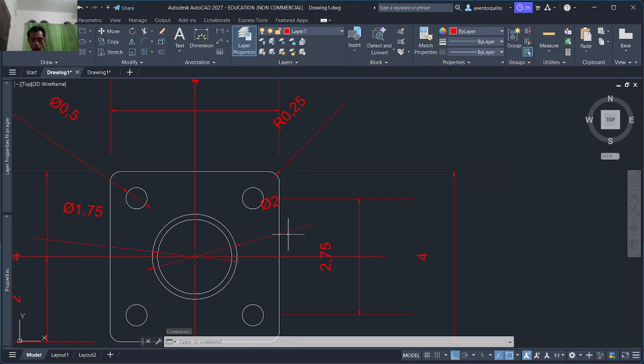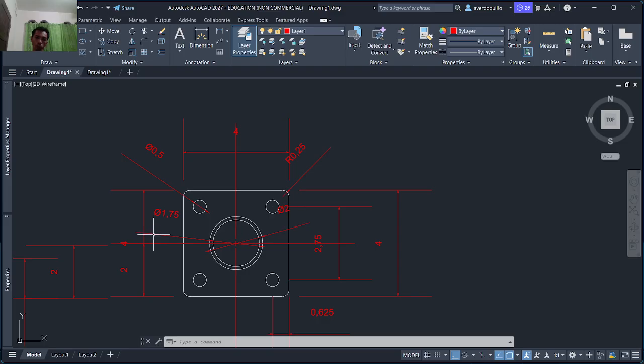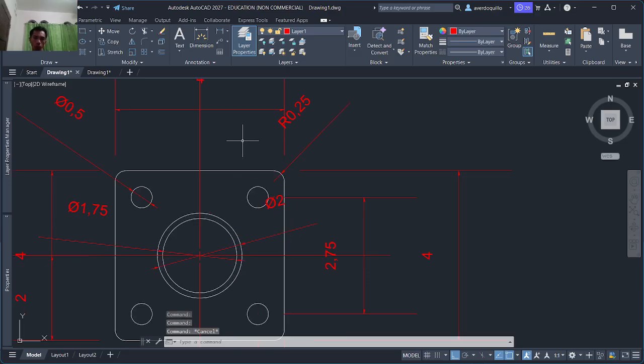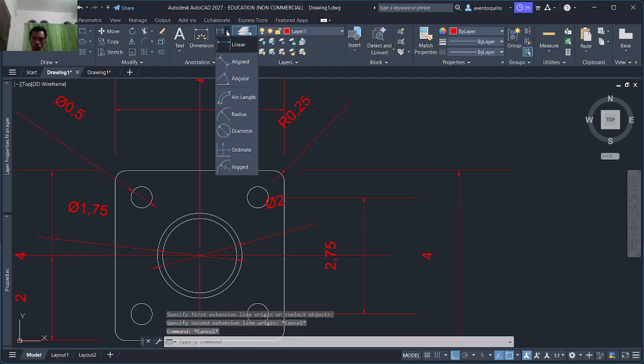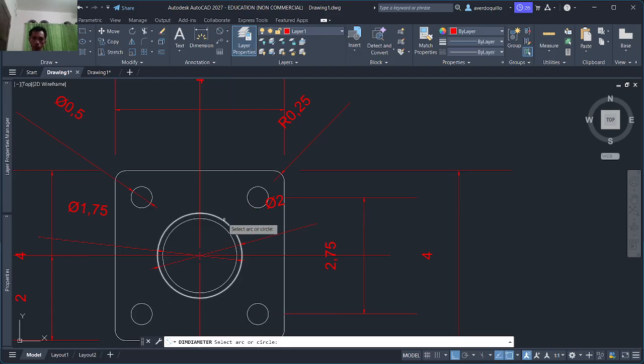Then let's see the center. The middle has diameters of 1.75 and 2. Let's measure the diameter of this thing. This one is 1.75, and 2.